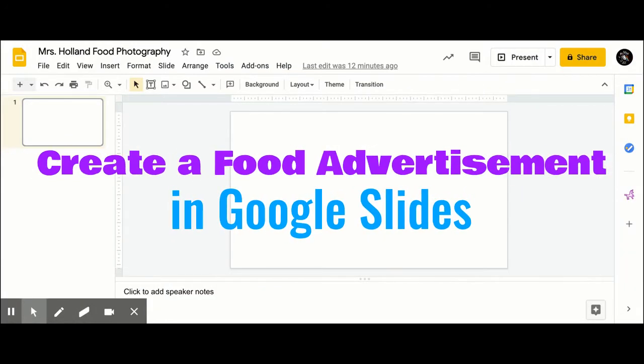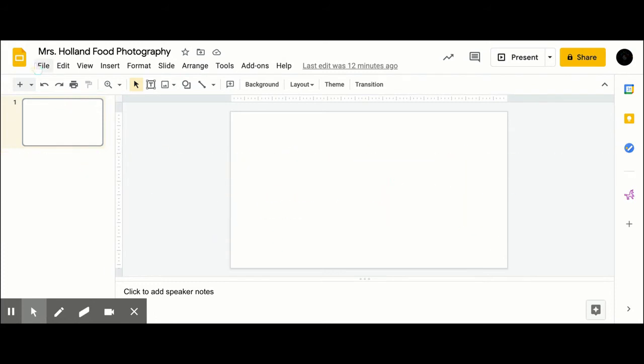Once you have your images done, open up the Google slide that I've shared with you in your Google Classroom. If you don't know how to find it and create your own, you can just go to Google Drive and open up your very own file. So now once we're in here, the next thing that we're going to do is we're going to import our